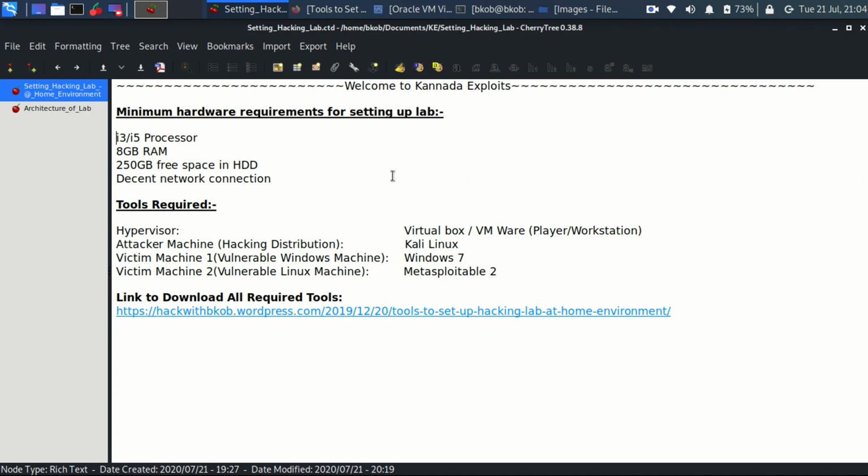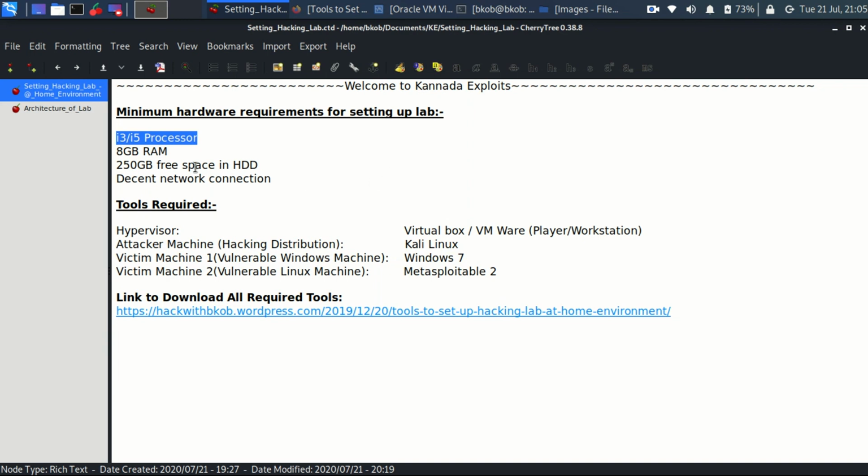All the latest processors come with virtualization enabled, but older versions of processors do not have virtualization. So you have to make sure that you enable virtualization in your BIOS. There are lots of articles and videos across YouTube and Google, so I'm not going into that part. All you need to do is enable virtualization in your BIOS settings so that you can install any hypervisor on it.